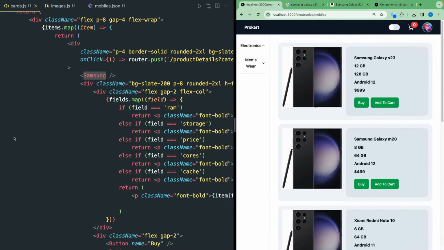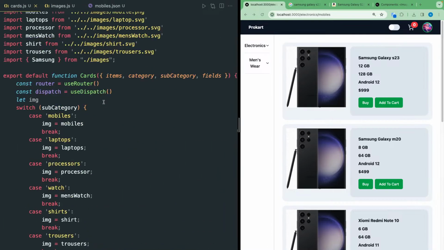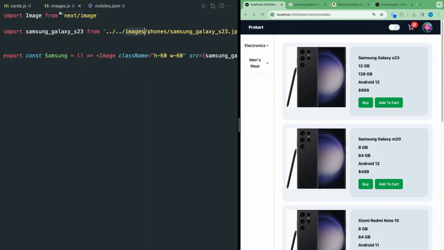So okay, here we have our phone. Hmm, I need to render them conditionally. Okay, so what I can do is